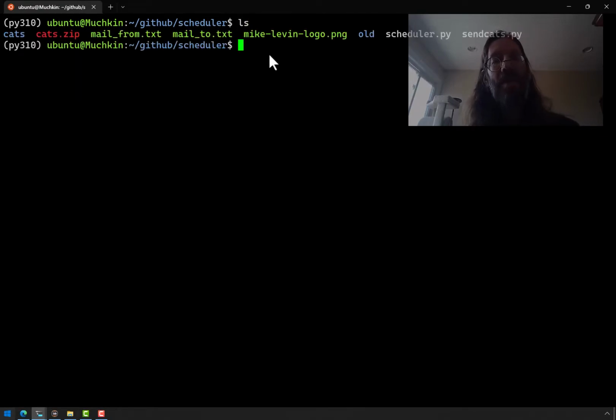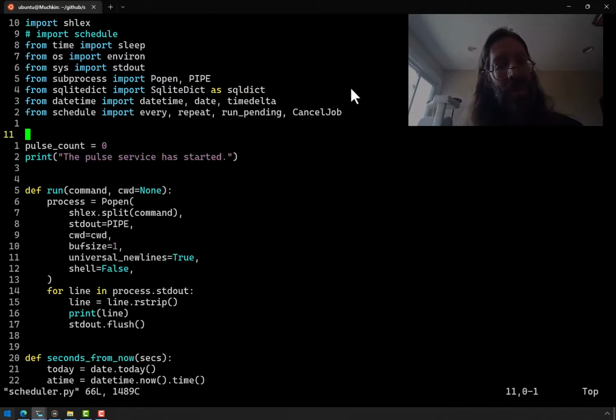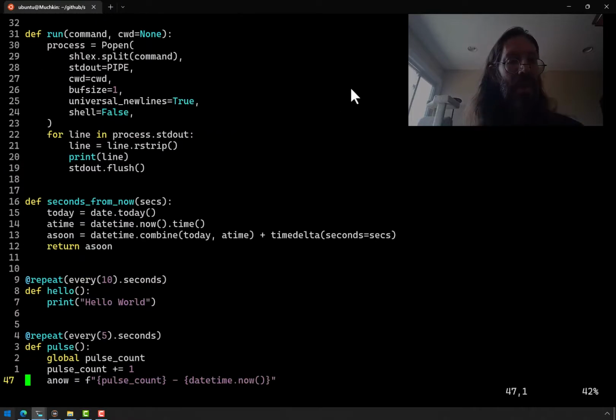It's a lot easier to look at. If I didn't include my logo in the email every time, I could get rid of this. These are temporary files that get replaced every time, basically. And we vim scheduler. And we will change our scheduling, which is now